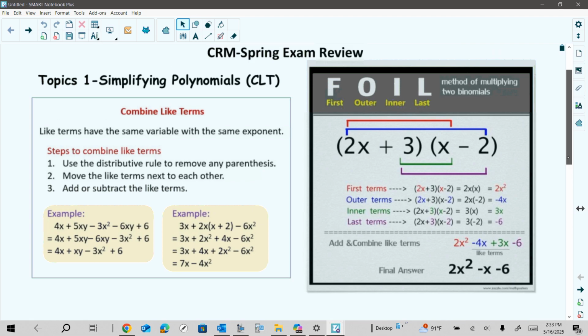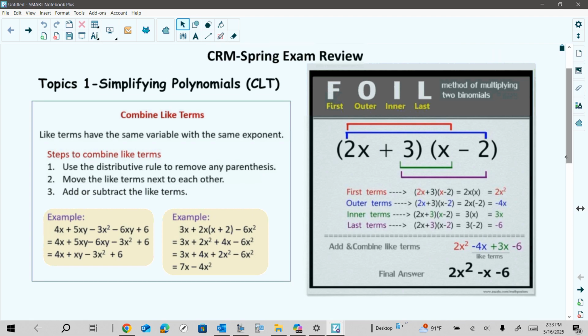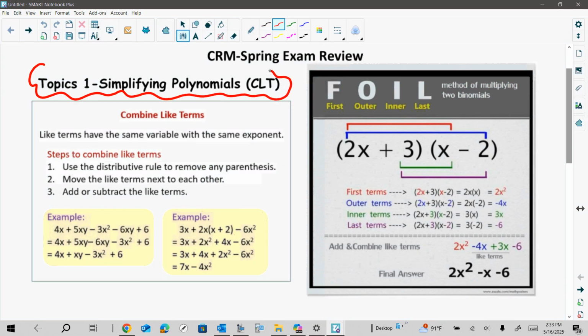So topic one here is making sure you can simplify polynomials. That's CLT, combine like terms. There are two key things you need to be able to do: combine like terms, and there are some steps here to help you remember that, and especially make sure you can do the FOIL method. Okay, so if we get right into it,